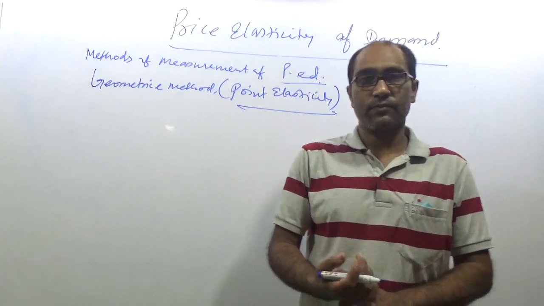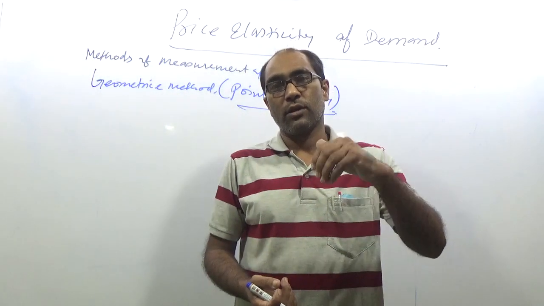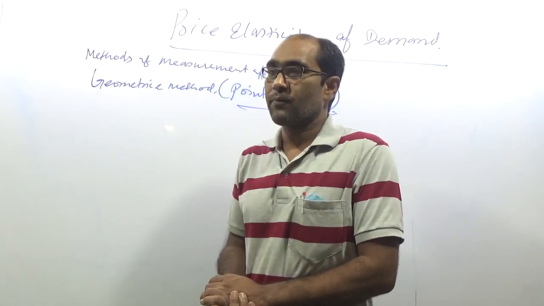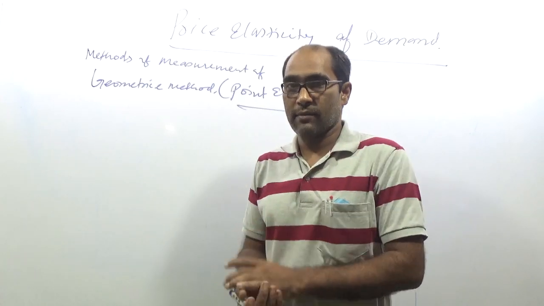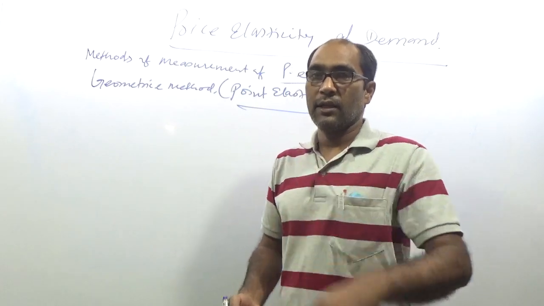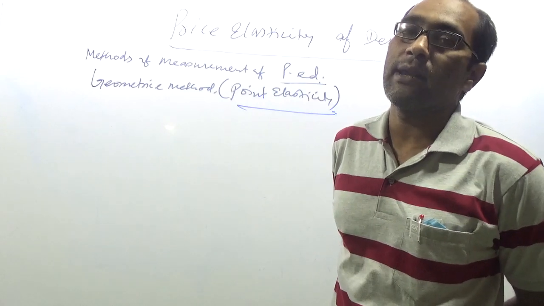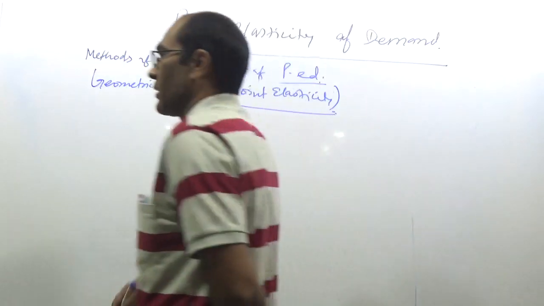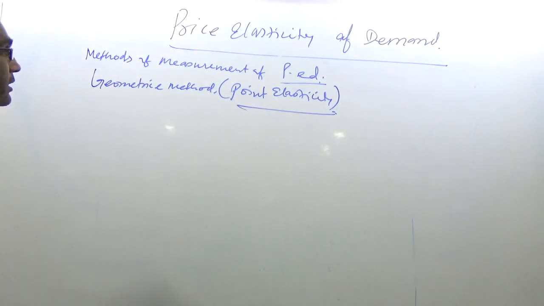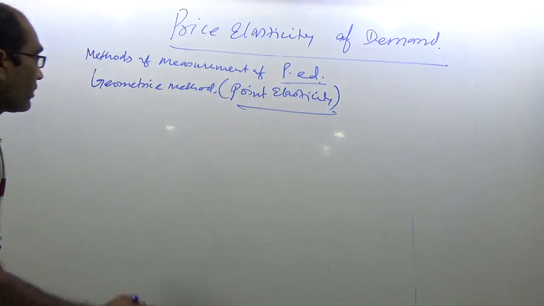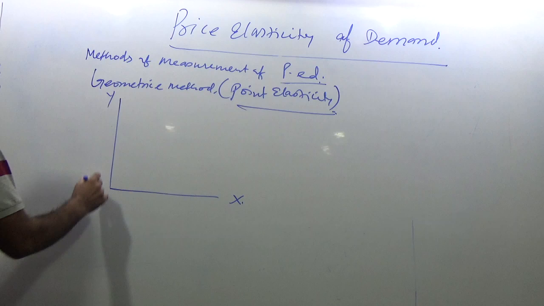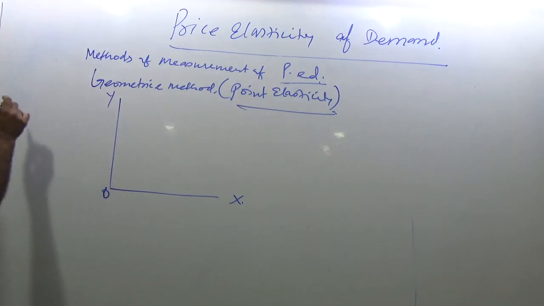No need to use the actual numerical information to calculate. You have to draw a diagram, and on any linear demand curve, you can calculate the price elasticity at any point. So the geometric method is a graphic or diagrammatic method. We require a diagram of the demand curve. Must remember that our assumption is applicable